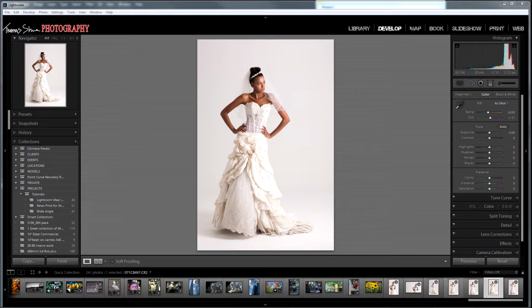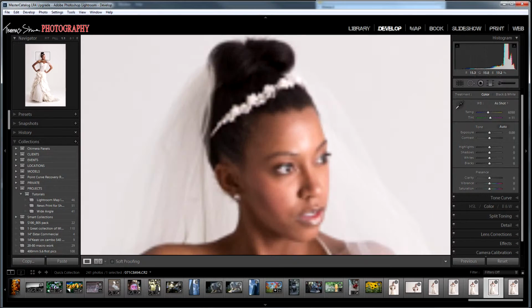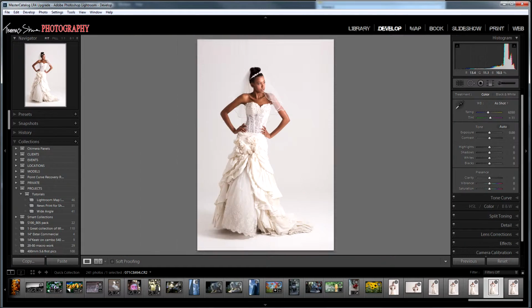So with this image here, let's zoom in and look at a couple things. First of all, when you shoot on white, one of the reasons why I like to use a light meter is whatever you measure the light, say I measure her, it's going to render her exactly as she is. So she's wearing a white dress. The white dress will appear white, but we won't lose any detail. And if you look in the histogram, you see there's no white clipping at all, and there's no black clipping at all. So we will have hair detail,